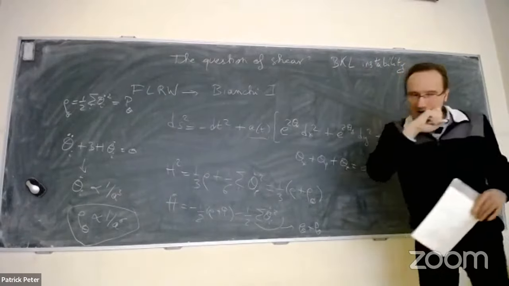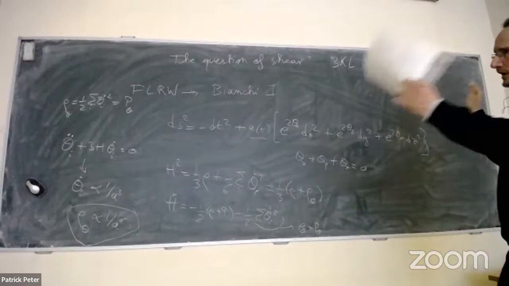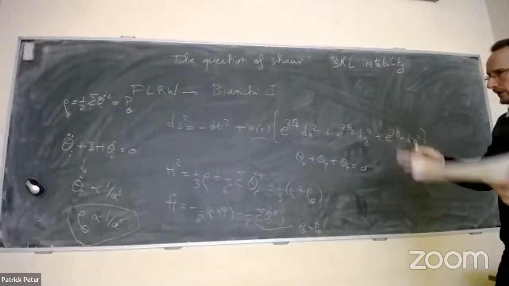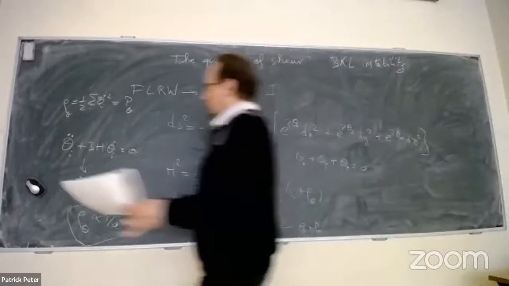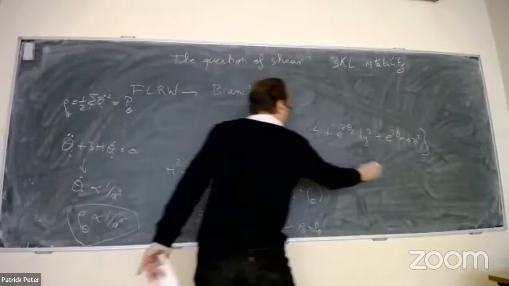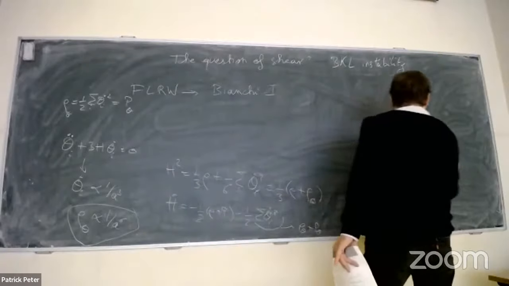I can give you references on that. I will not discuss that. But basically, if you start with this instability, you end up in a singularity. There is no way out. So you better not do that. And that's common to all the bouncing scenarios: you have to avoid singularities and you have to avoid instabilities